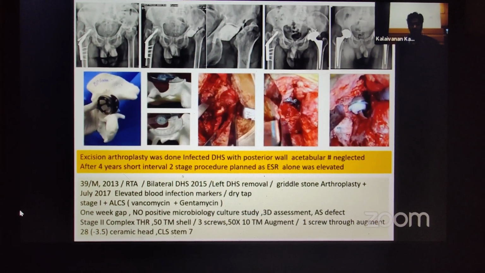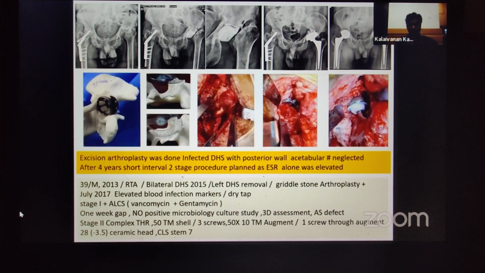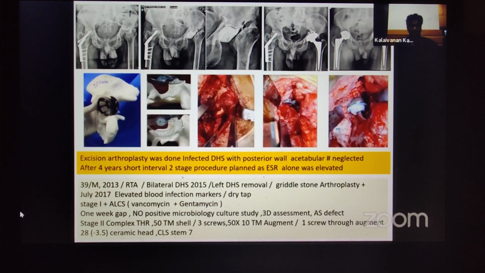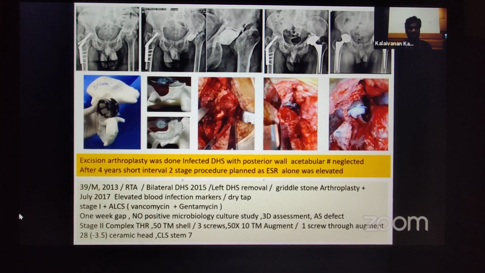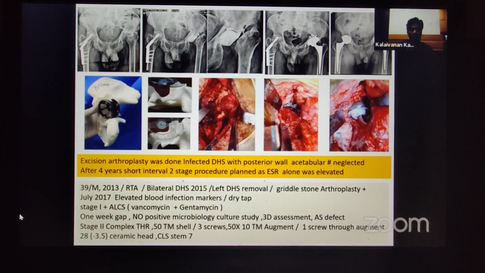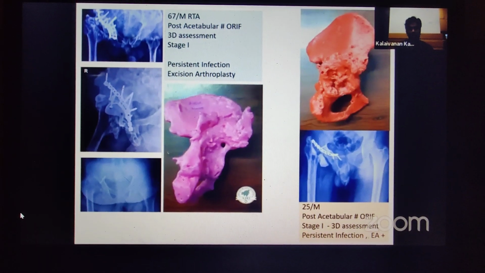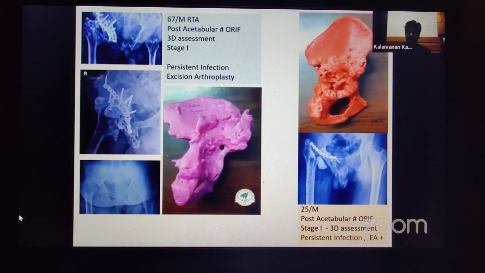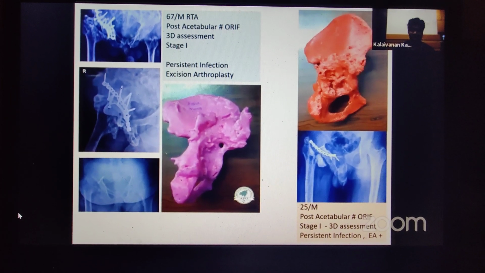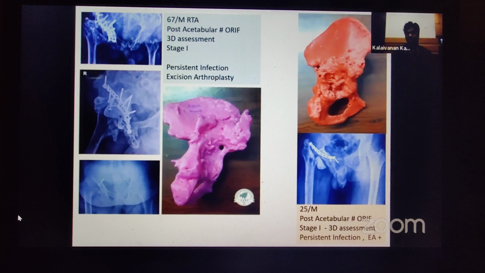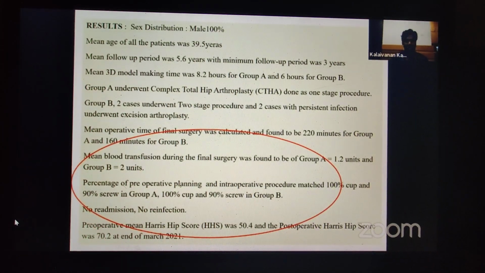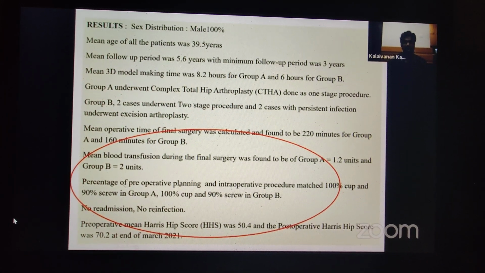One more case with the pre-planned DHS was done, and an augment was used to fill the posterior defect. In 2 more cases we did the prototype, but because of the excessive and persisting infection, excision arthroplasty was chosen. Male patients, the mean age was 39.5 and expected